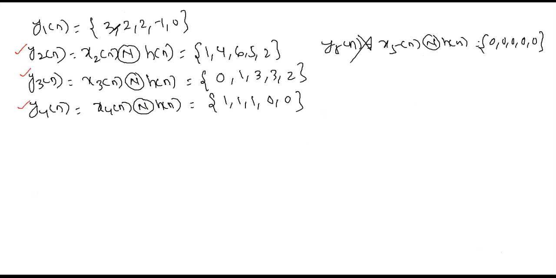Write the first y1n. How do I see? 3, 2, 2, minus 1, 0. First write y1n. Then when you write y2n, instead of starting from here, you see the last m-1 sample values. m-1 means 2, yes or not? Since m equals 3, m-1 equals 2. So the last m-1 means the last 2 samples, yes or not? It's coming here. So what to do? Instead of starting from here, you start from here.